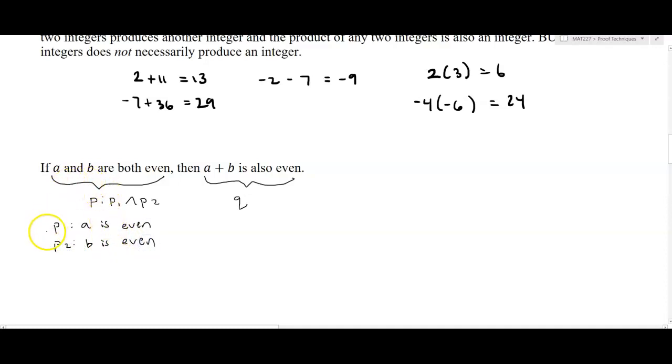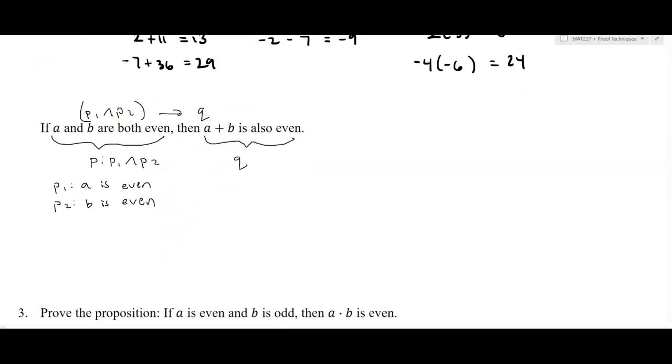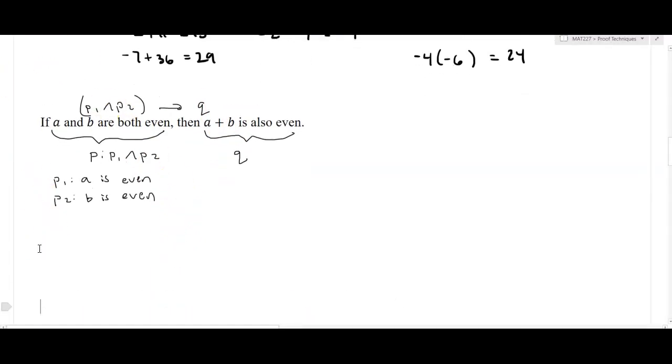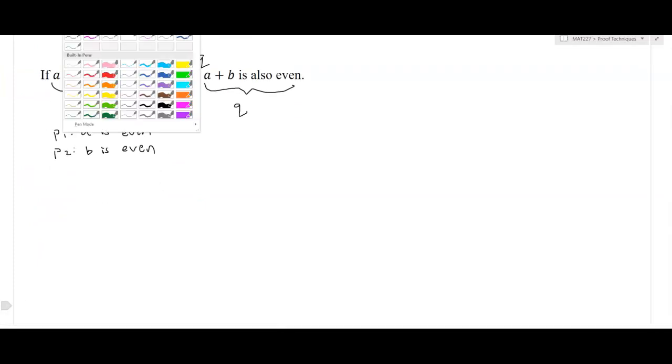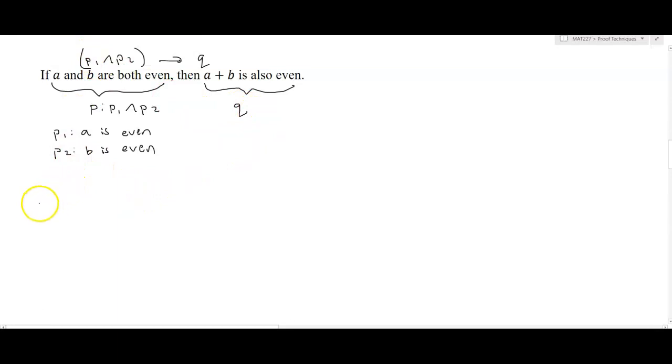So this basically means that if P1 and P2, then Q: A plus B is also even. Now A plus B is one number, so this is not two separate statements. All right, so when we start off with direct proof, we assume the premise is true. So to begin proving this, we're going to assume A and B are both even. Okay, because it's only then that we guarantee that the sum is even. So as our proof, we'll start off with: assume A and B are both even.